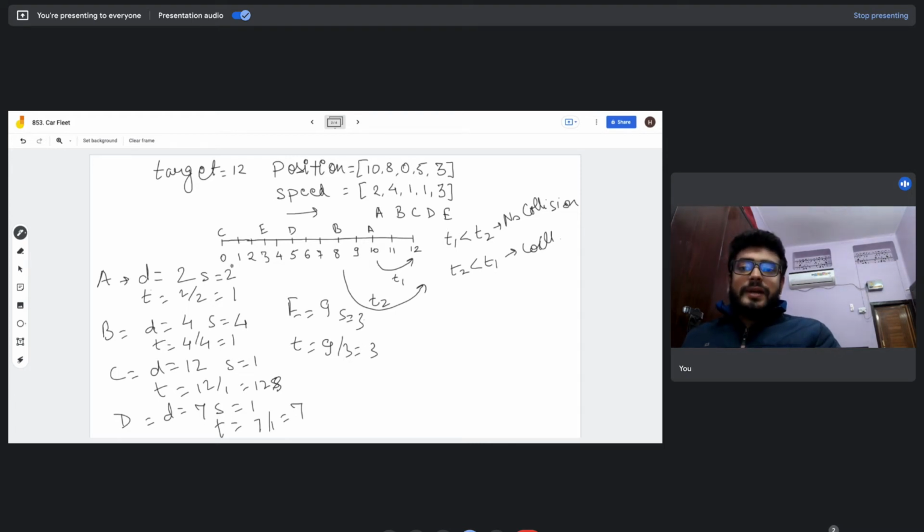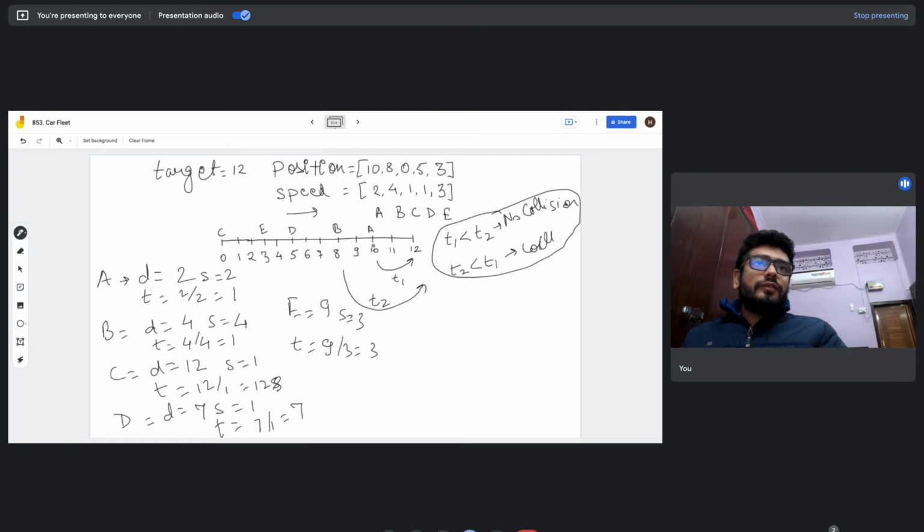Now if a collision takes place, they would become a part of a particular fleet, and they would move from there onwards with the speed of the fleet, right? So how we are going to utilize this information is similar to what I have mentioned over here. That is, if there is a fleet that is moving towards the target, and there is a new car that is coming in and collides with the fleet, then we are going to make that car part of that fleet, and it will also start moving with the speed of the slower car. That is, the time it will take will be equivalent to the time taken by the slower car.